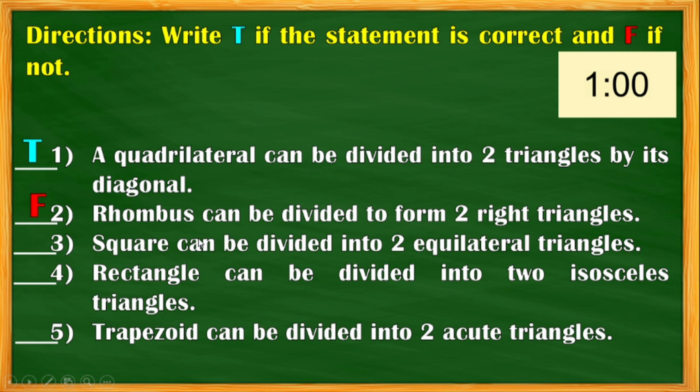And then for number 3, a square can be divided into two equilateral triangles. No, it is false. And for number 4, a rectangle can be divided into two isosceles triangles. False also. We can divide a rectangle into two right